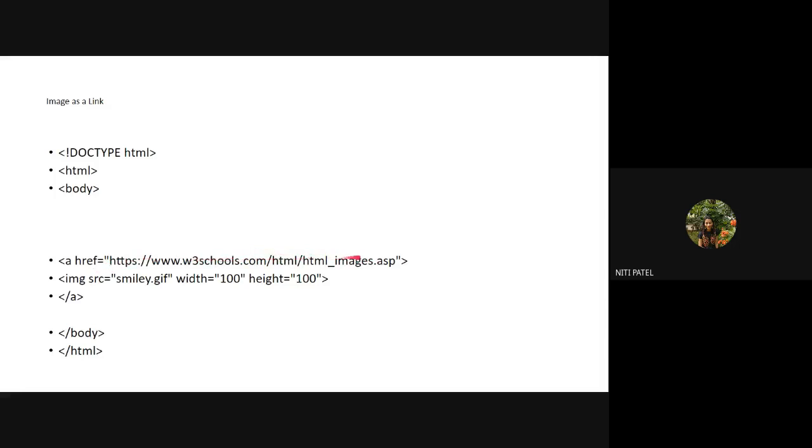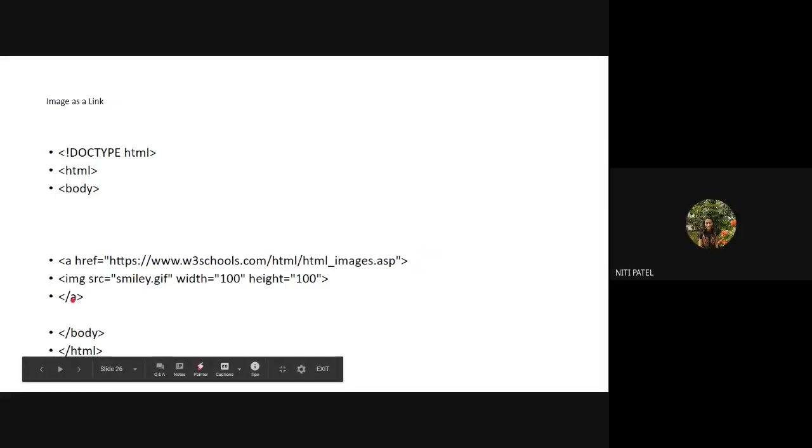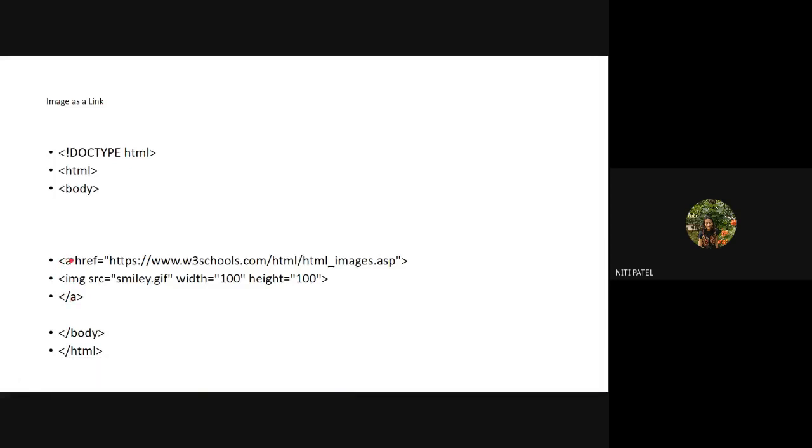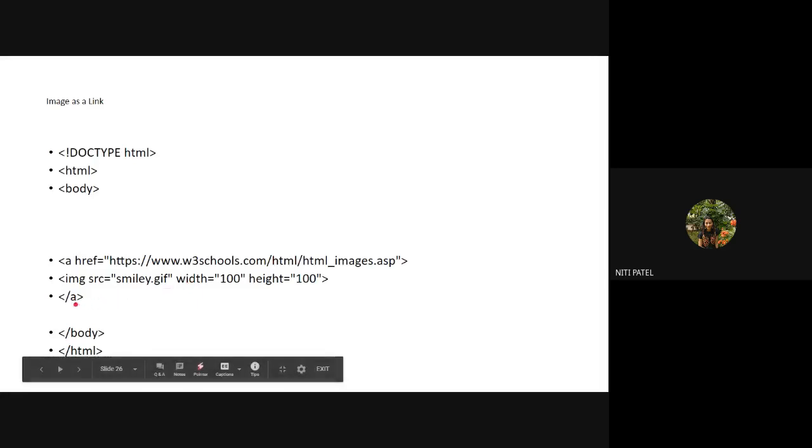What is happening? ये लिंक खुलेगा. कभी खुलेगा? When I click on an image. Have I closed the anchor tag over here? इधर मैंने एंकर टैग क्लोज किया है क्या? नहीं. क्यों मैंने उसको इमेज के बाद क्लोज किया है? क्योंकि मुझे इमेज पे क्लिक करने के बाद ये दिखना चाहिए. यस और नो? If I close it over here, what will happen? लिंक अलग से दिखेगा, इमेज अलग से दिखेगा. If I click on image, कोई लिंक ओपन नहीं होगा. क्यों? Because it is not inside the anchor tag.